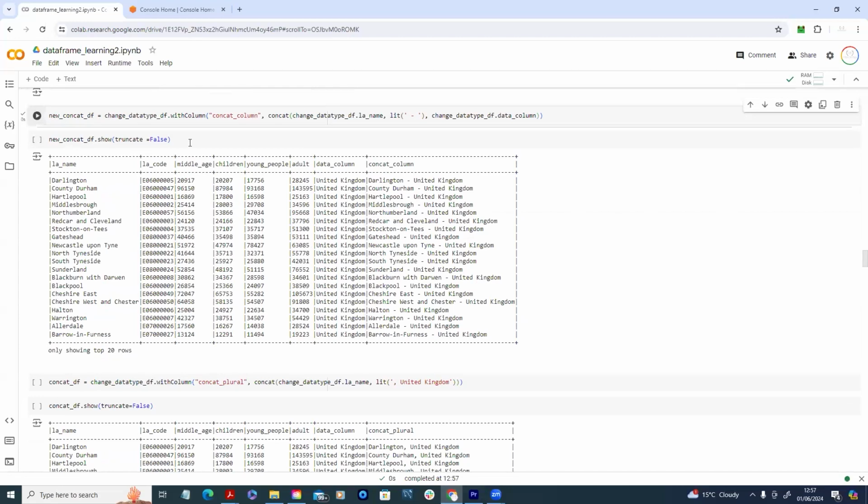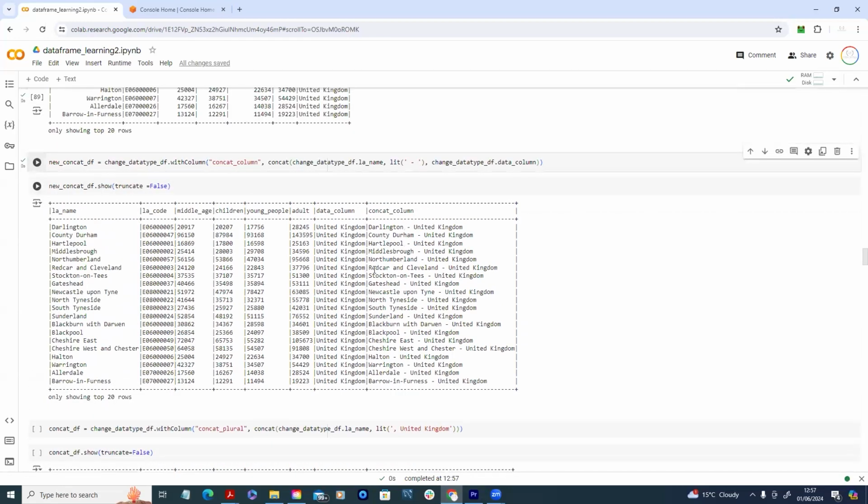Concatenation is to join two things. I've explained that. So if you have first name, let's say this one is first name, this is last name, you can combine them together to have first name and last name together. Or another example is, let's say you have a postcode and address shown in different columns. What you will do is use concatenation to join them together. So with concatenation, you will create a new column,